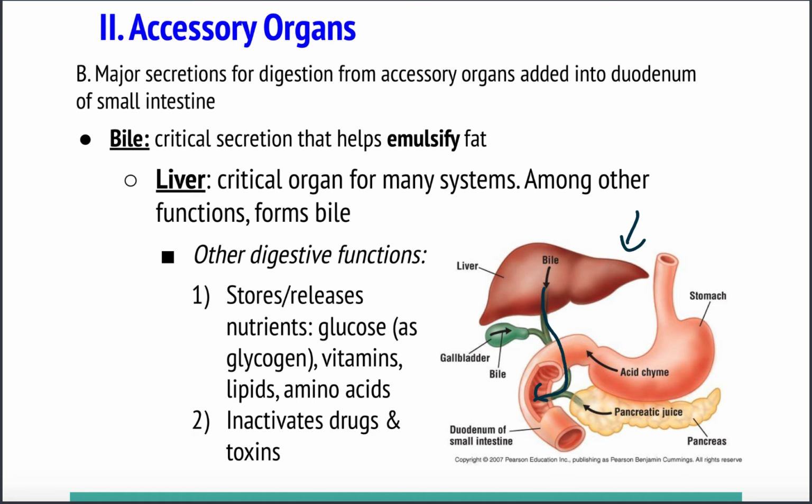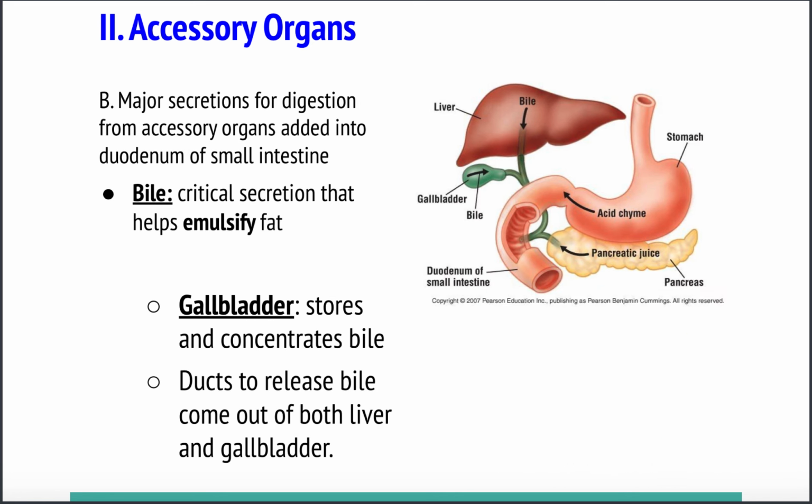Now, sometimes it's producing bile, but there's no food in your system. So what are you going to do with that bile? Well, you can stick it in your gallbladder, which is going to store and concentrate that bile so it's extra potent. And then when you eat a really huge meal, you'll have a huge pocket of bile that you can dump into your duodenum to really facilitate and speed up that emulsification, that mixing of fat,